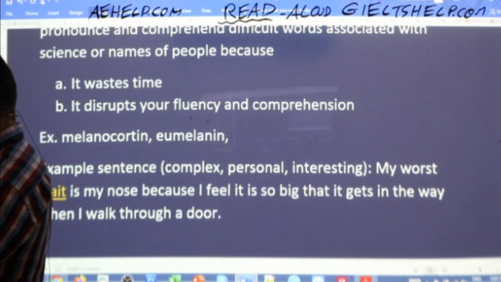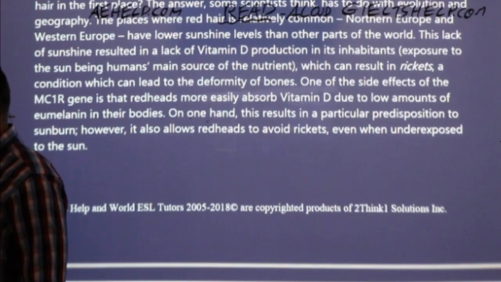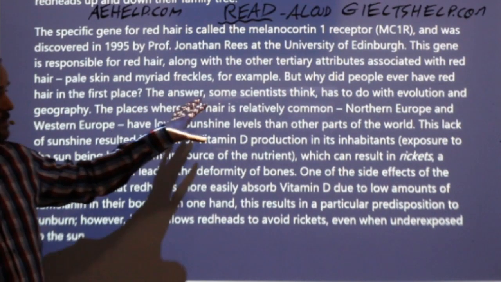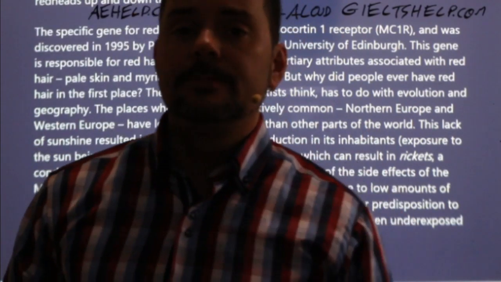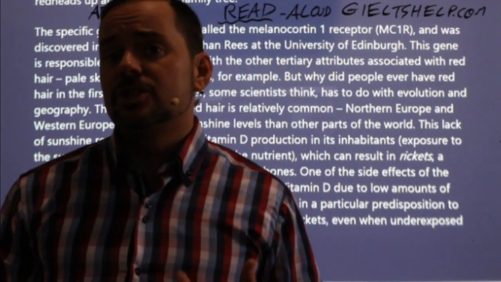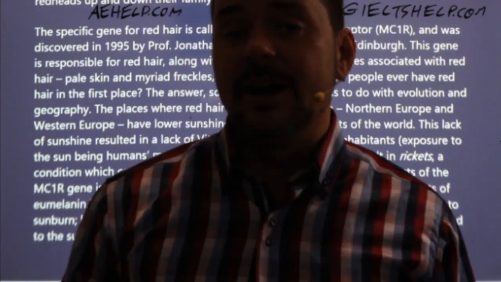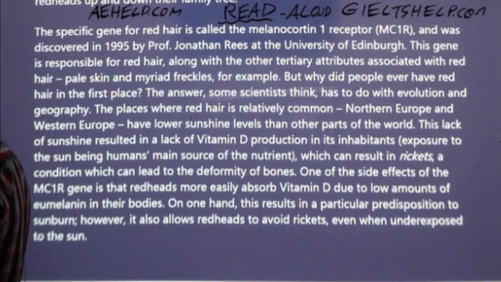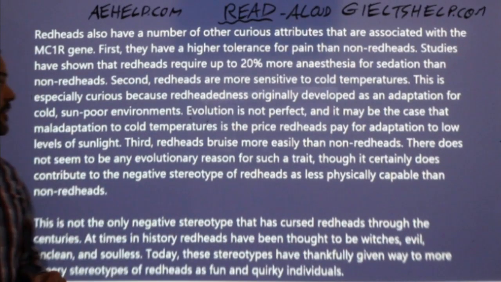So let's keep going here with the next paragraph. All we should have understood here, just before I go to the next paragraph, all I should have gotten from this one is that red-headed people have a unique gene that gives them red hair. This gene is recessive. It can jump generations. Okay. This gene makes people burn easier under the sun and absorb vitamin D easier. That's all I should have gotten out of that paragraph. You can still get a band 8, 8.5, no problem if you understand that much. Okay, here we go. Next paragraph.